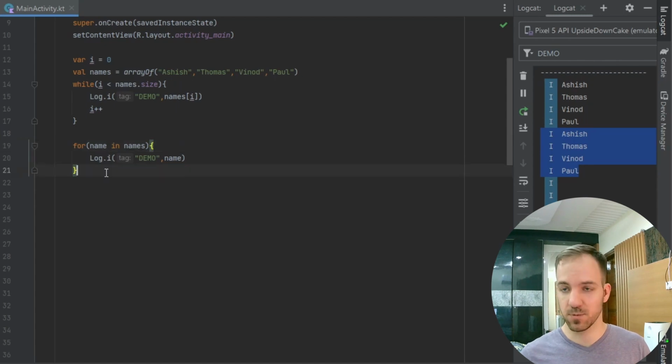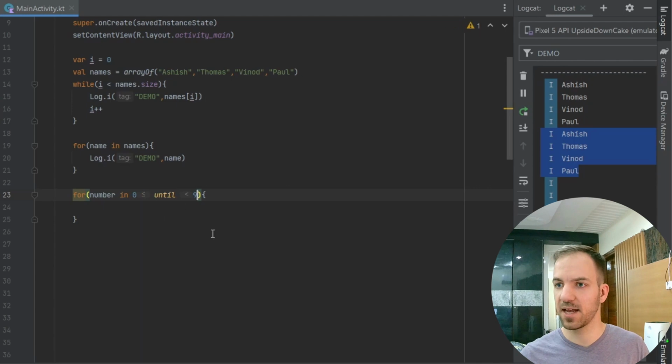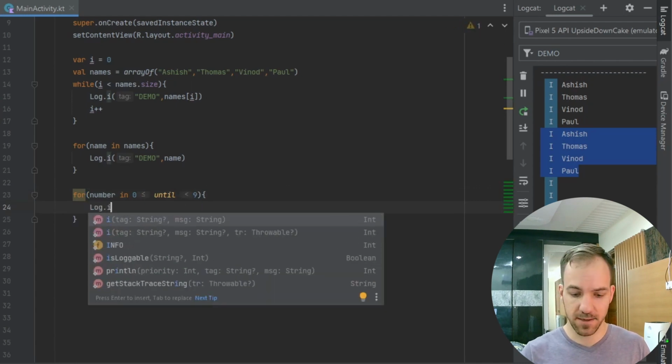And you can really do this with anything with a for loop. So let's say I want to go through a range of numbers. I can say for number in 1..10, just like we did earlier. Well, technically we did 0 through 9 earlier. So if I say for number in 0 until 9, that'll give us the same thing we had earlier. And then if we say log.i